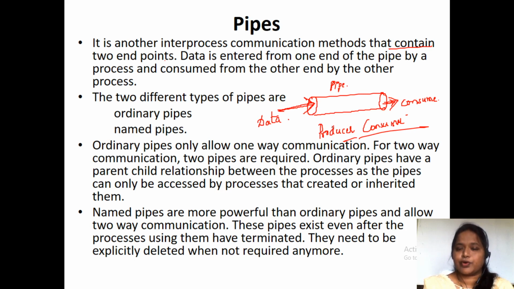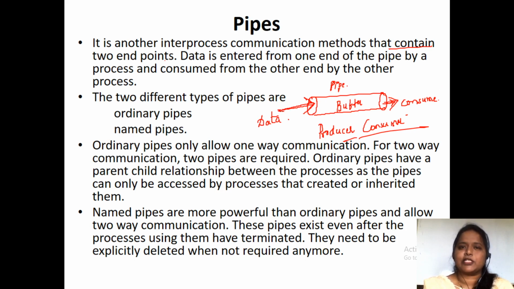The producer has to produce the items if this buffer is empty, like we call it a buffer. If this is full, the producer can't produce the items. If this is empty, the consumer can't consume the items. Like this, we will have the producer consumer problem in detail. As of now, this pipe is like a producer consumer problem.